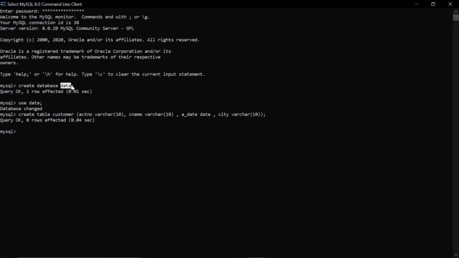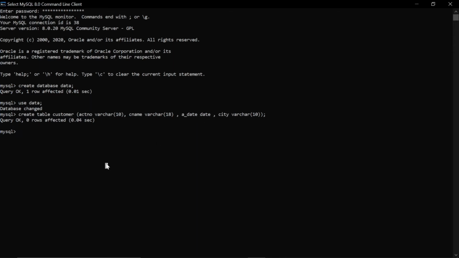So here I have created a database called data and a table called customer, and these are the columns which I have inserted in this particular table. If you want to write a column name like "space date", you cannot write it like this. The syntax will not take it, so you have to add an underscore between these two words. So here I have taken it as underscore date. The other point is that you cannot name a column the same as a keyword in this software. So I have written it as date, as date is a keyword.